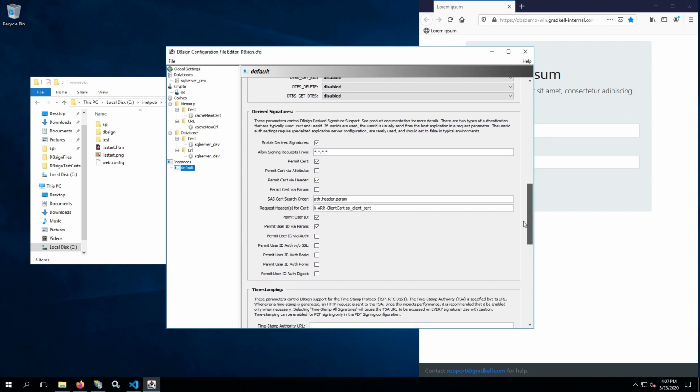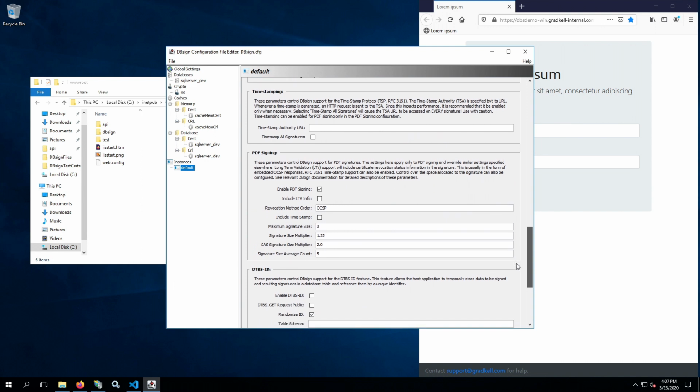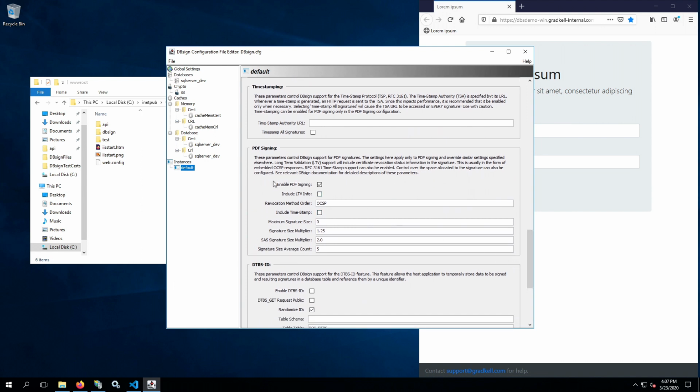Then let's scroll down a little more, and we want to enable PDF signing. This is disabled by default, so you're going to want to scroll down and find PDF signing and check the box for enable PDF signing. Now, DBsign can do a lot of other things with PDF that we're not really going to go into detail about here, and we're not going to enable them. For example, we can include trusted timestamps into your PDF,